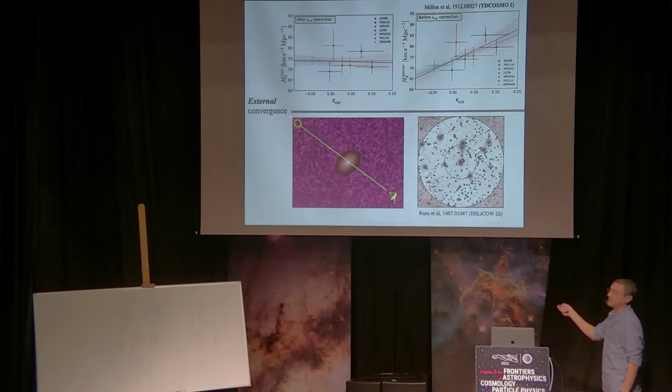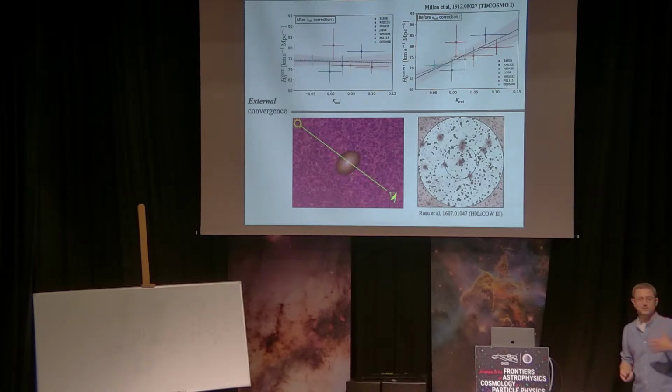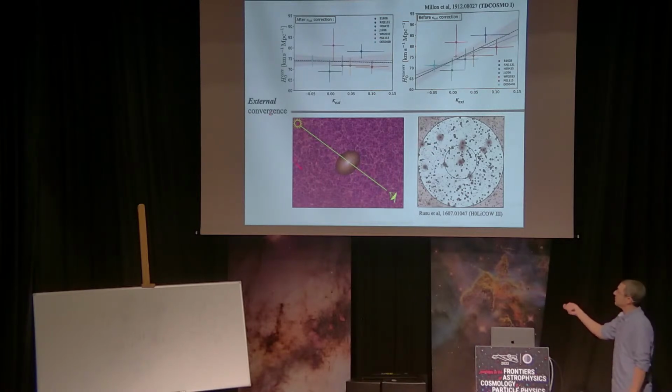If our source is somewhere, some gigaparsec away, and we are here, and we have the main deflector, then this main deflector lives in the cosmic web, and weak convergence and shear will contribute, in fact, effectively to this mass sheet. They will act to leading order as a contribution to the mass sheet. And the collaboration is, of course, perfectly aware of it. They, and many others, have dozens of papers. It's a major challenge that they are working to resolve, this so-called external convergence or external mass sheet degeneracy,